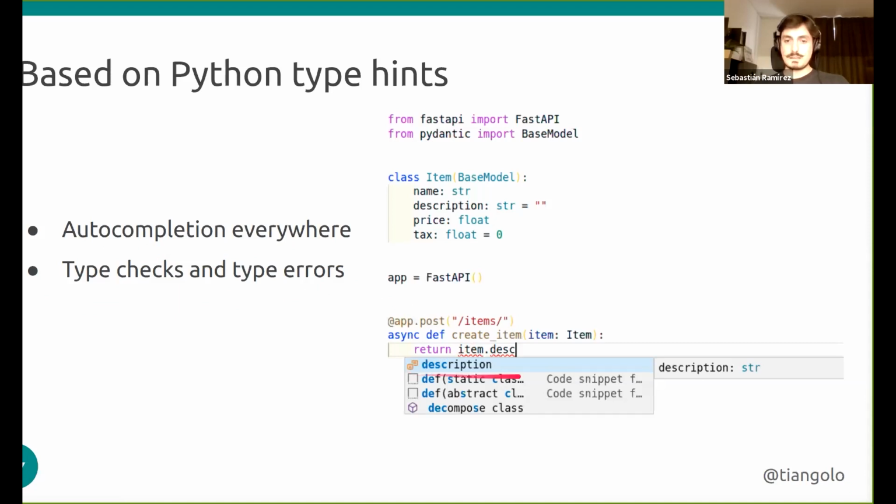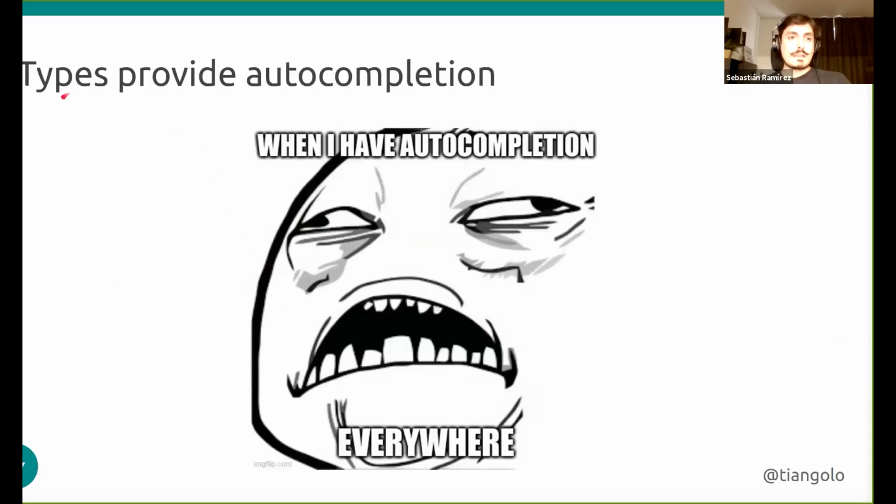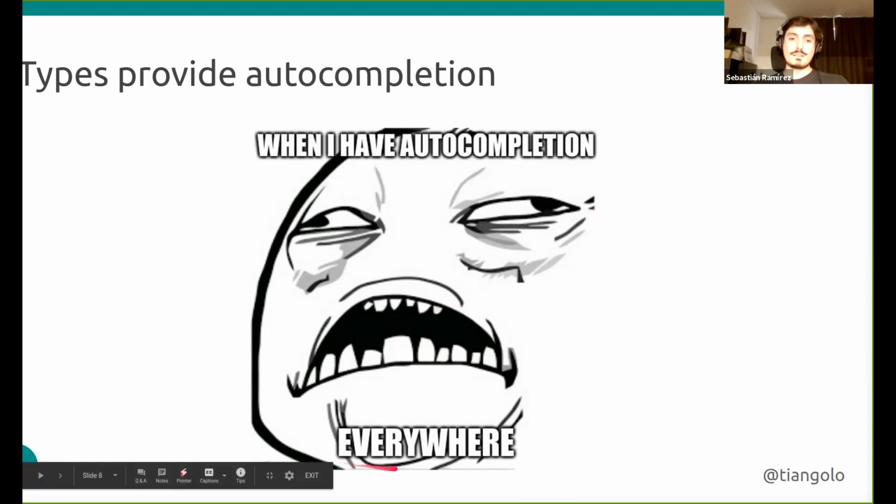Autocompletion is when you get autocompletion for attributes of objects, and type checks tell you that some data that you are using in your code is incorrect and won't work. So the types are the thing that provides autocompletion. And FastAPI is based on these types and on the idea of having autocompletion for everything. So we get autocompletion everywhere in our code when we write code with FastAPI.